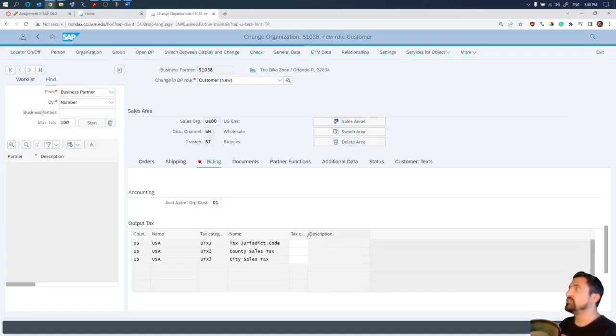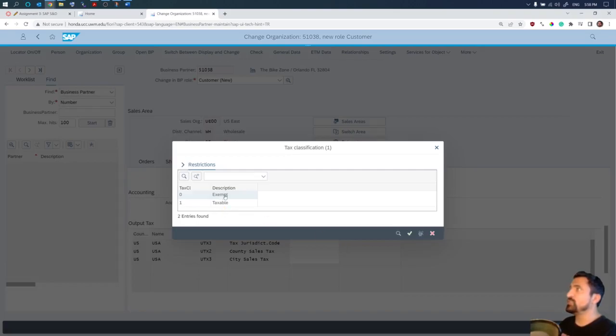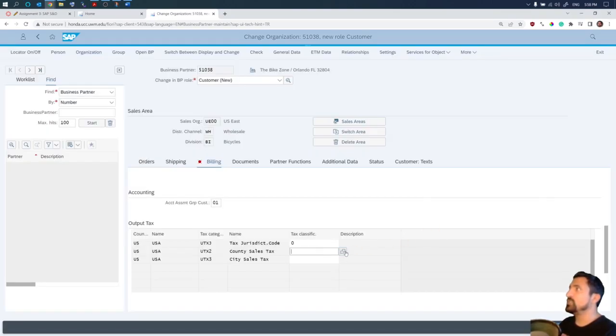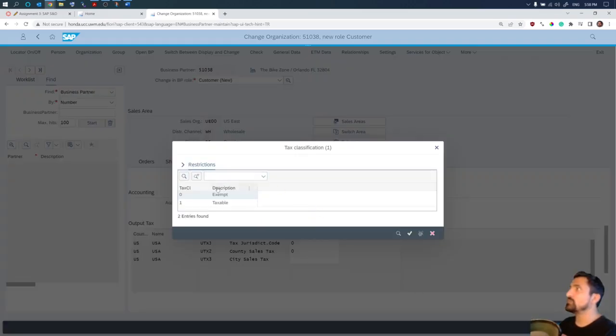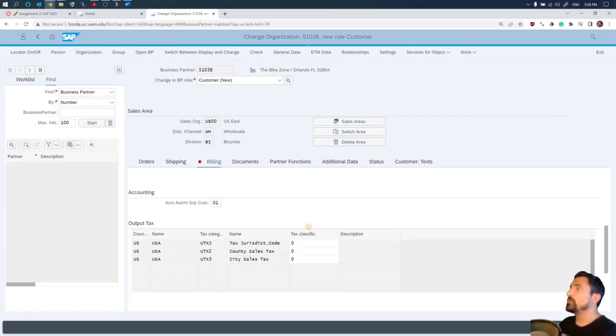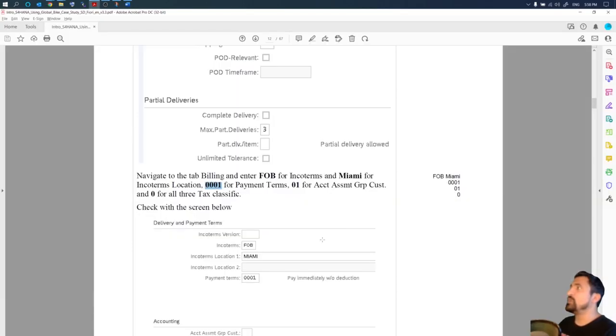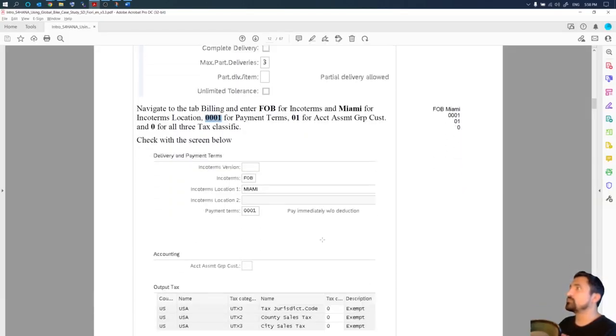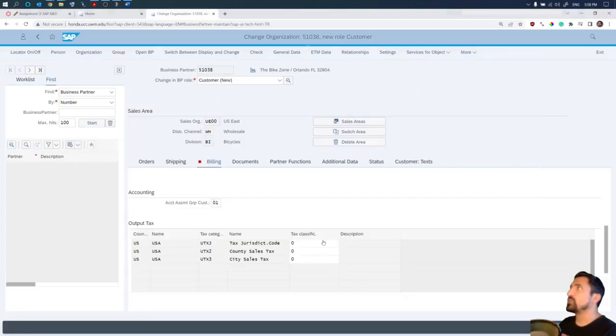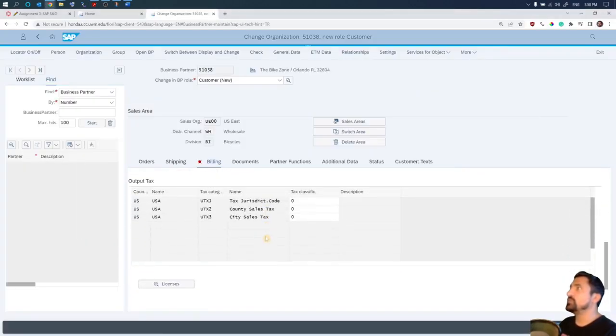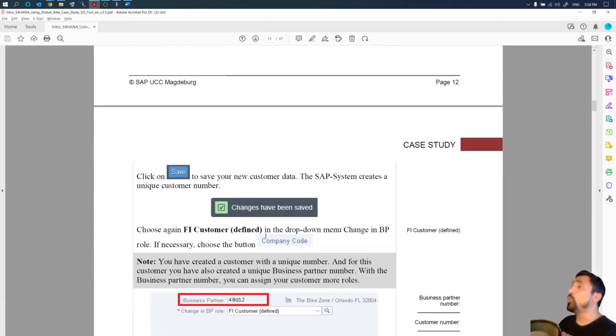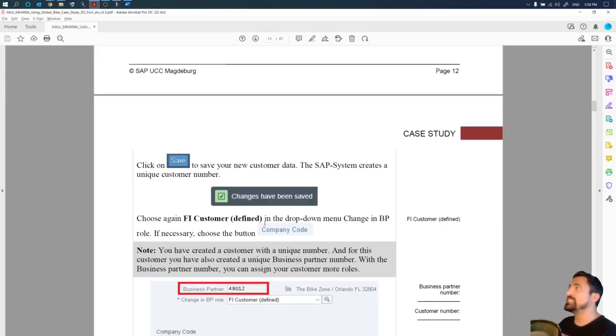So tax classification here, if I make this a little bit bigger, you can choose, but it'll be exempt, exempt, and exempt. Alrighty, sounds perfect. Payment terms, did I enter that? Yes, I did. All right, once everything looks good, now I will hit save, and